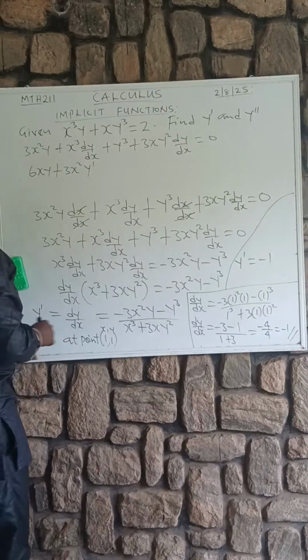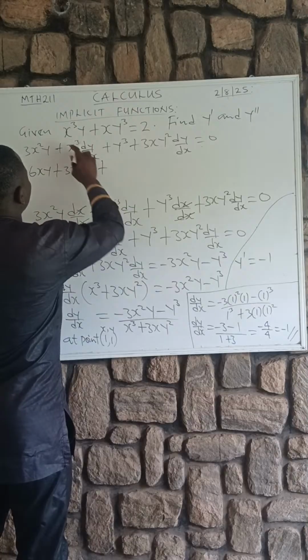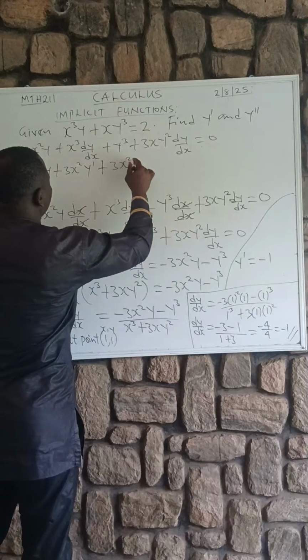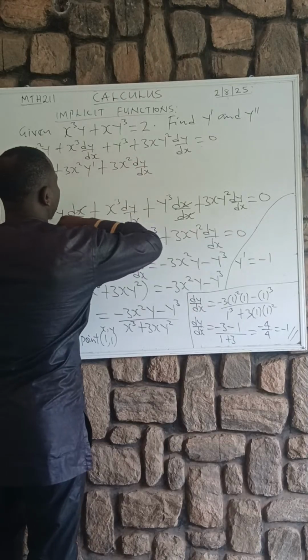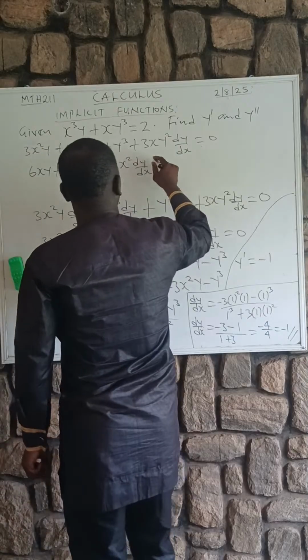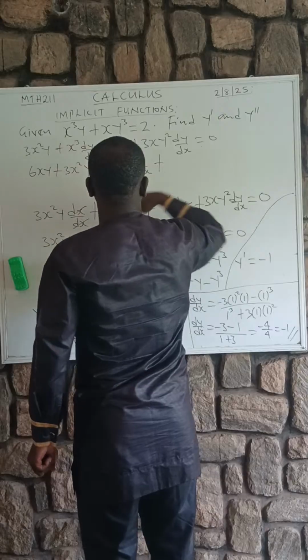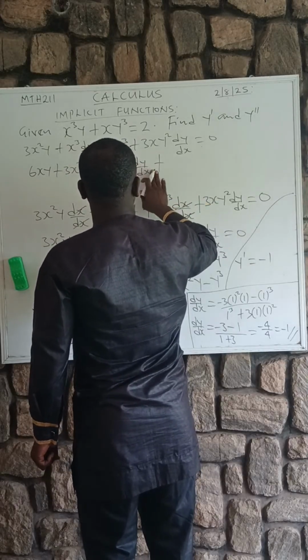Yes. Then when you hold this one, you differentiate this one. You have what? 3x squared dy all over dx. Then plus hold this one, then differentiate this one. You have instead of